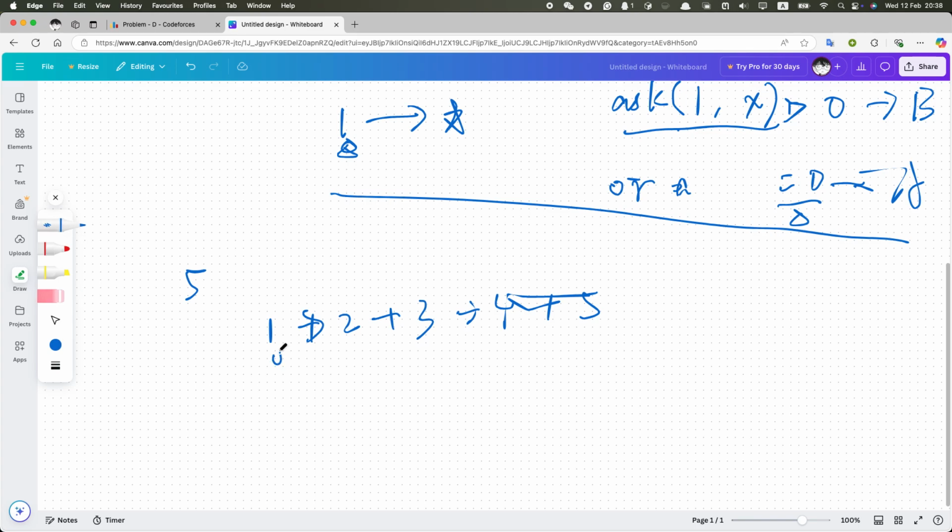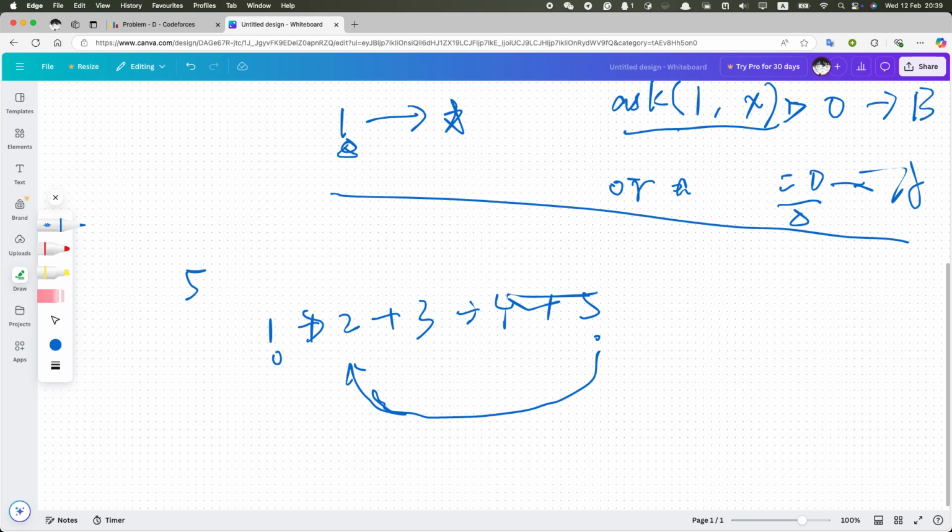In this case, the distance from 1 to 5 is 4, and we can draw any edge from 5 to any other number. I don't care about that. The distance from 1 to 5 is 4. So if we find the minimum number, the response between the minimum number and the maximum number,